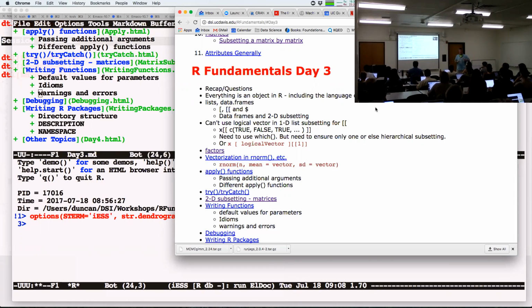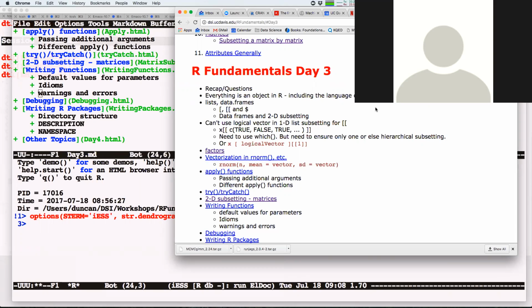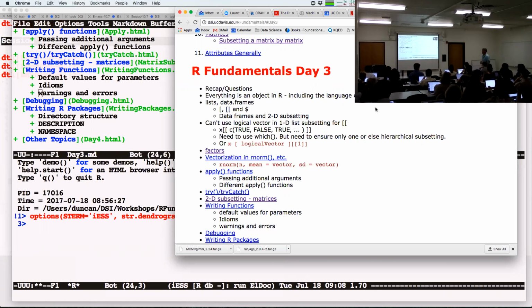Okay, this stuff, as I was just talking with Pamela, is kind of fundamental. That doesn't mean it's elementary. It doesn't mean it's trivial. It means that it's actually just important. And some of it's very advanced. Not hard, but advanced in the sense that you can use R without it, but it's much easier if you know how R works so that you can actually read that. So does anyone have any questions?